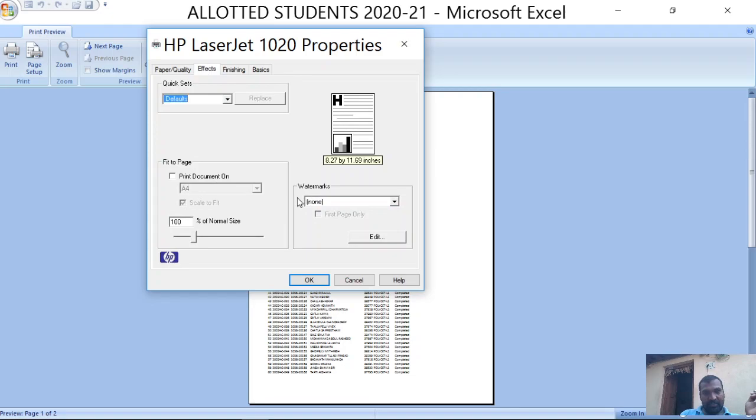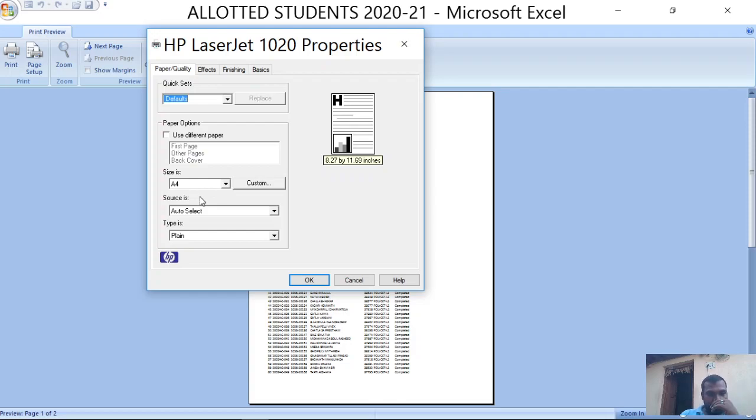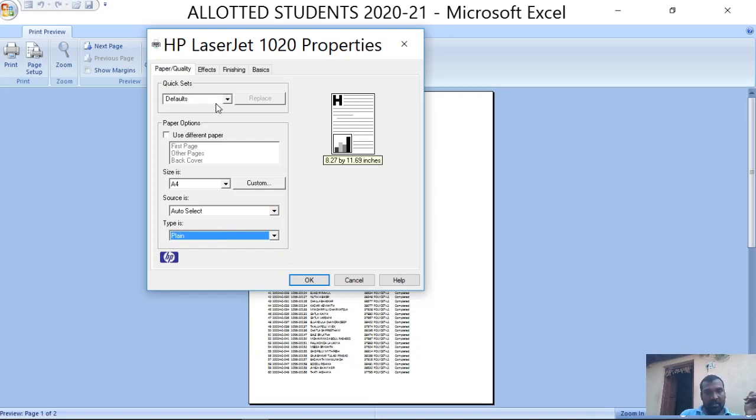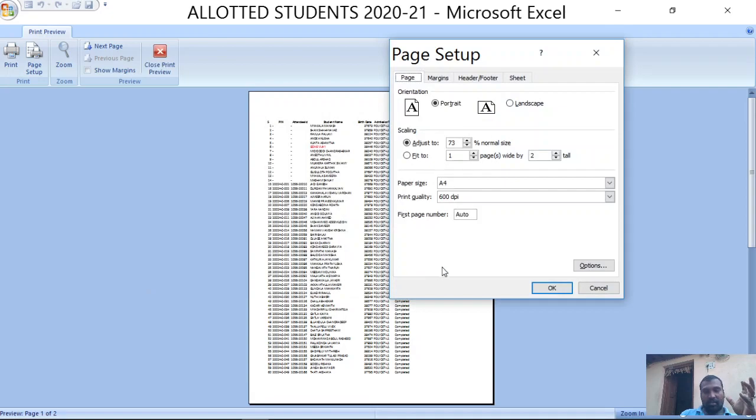In the effects, you can select any watermark and fit to page options under quick settings. In the printer quality, you can select the source automatically. Under type is plain papers. So like these options are there in the options command.